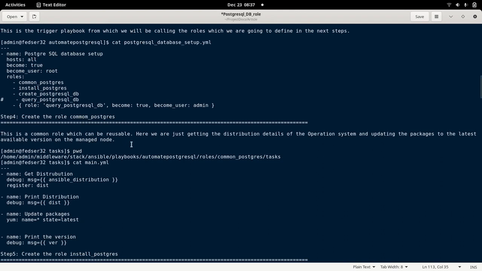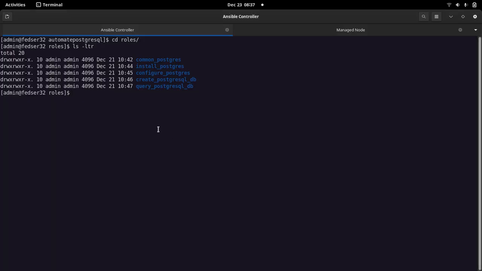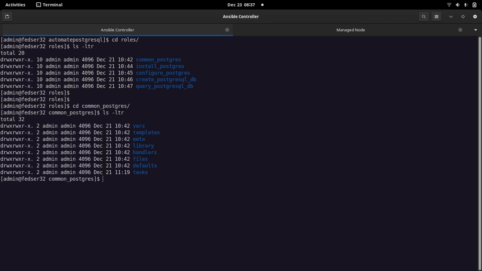So this is the dummy trigger playbook which we have created in step 3. Step 4 is the common PostgreSQL database role. Let me go into my common Postgres role, and here the main thing that we have created is the tasks.